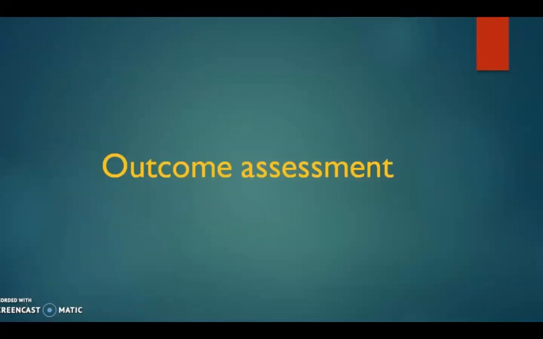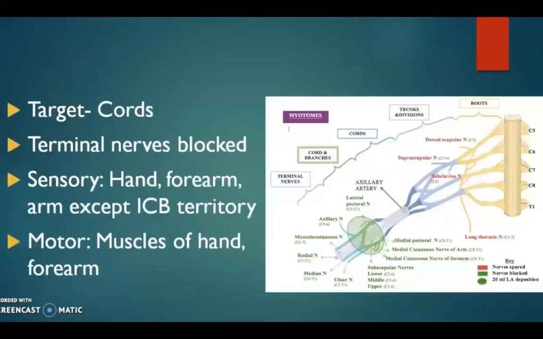First, I'd like to talk about the effects of blocking the brachial plexus at the infraclavicular zones. Like my colleagues have already highlighted, the part of the brachial plexus that we are targeting here is the cords. So, in theory, the infraclavicular brachial plexus block blocks all the cords and hence all the terminal branches of the cords. The terminal branches include the axillary nerve, the musculocutaneous nerve, the radial nerve, the median nerve, and the ulnar nerve.